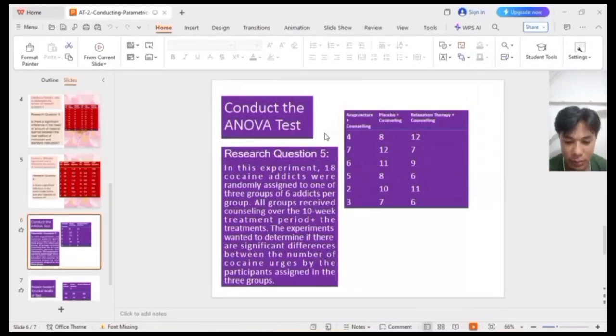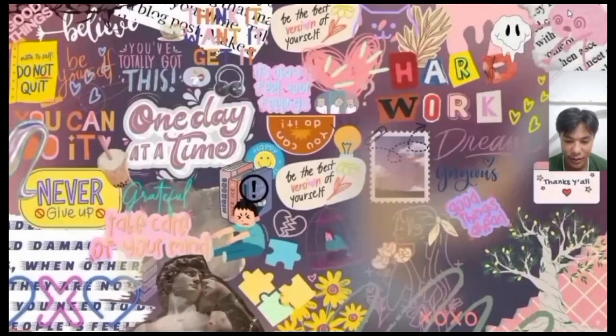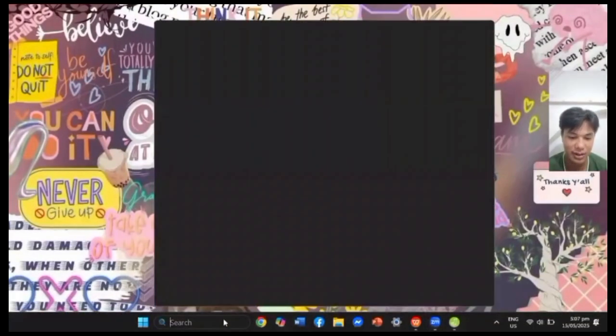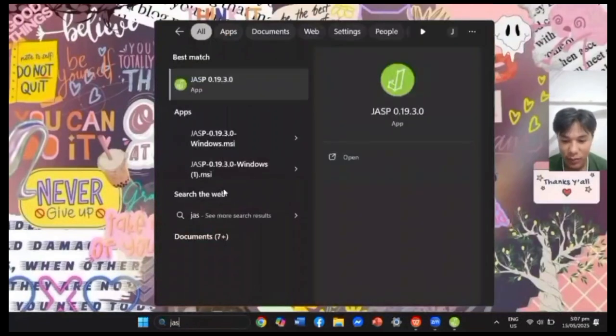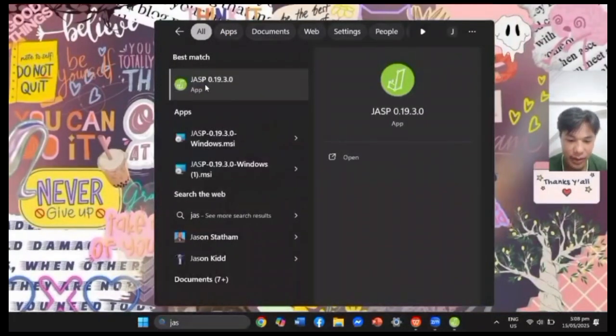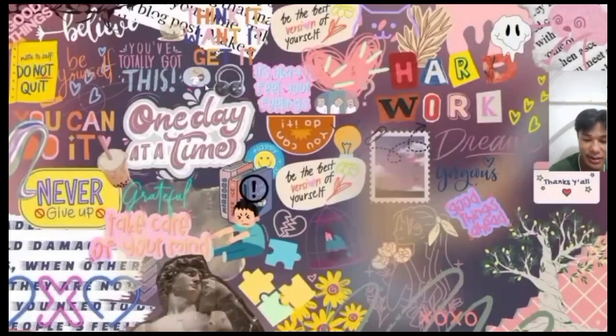A Tukey post hoc test showed that the Acupuncture Plus counseling group obtained a lower number of cocaine urges than those under the Placebo Plus counseling group and those under the Relaxation Therapy Plus counseling group. There was no statistically significant difference between the number of cocaine urges of those under the Placebo Plus counseling group and the Relaxation Therapy Plus counseling group, with a p-value of 0.786